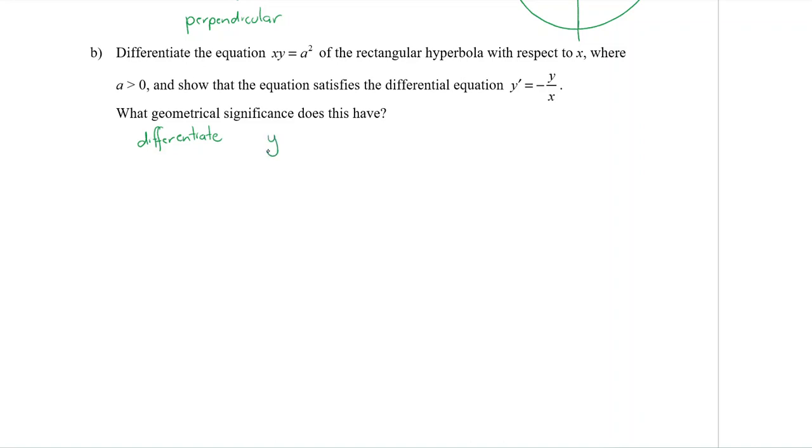So the product rule: you leave the y, differentiate the x, so it's y plus, leave the x, differentiate the y. Product rule. Differentiate the constant, what do you get? 0. So x y dash would be equal to negative y, which means y dash is equal to negative y over x. That looks kind of almost familiar, but not quite. So the other one. Okay, please note, if x is on the bottom, that x cannot be equal to 0,